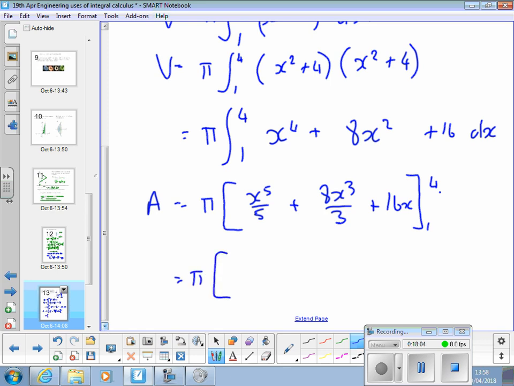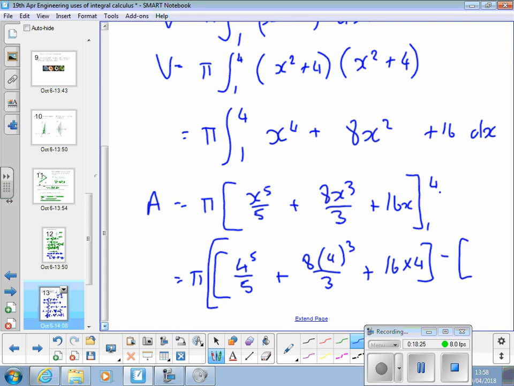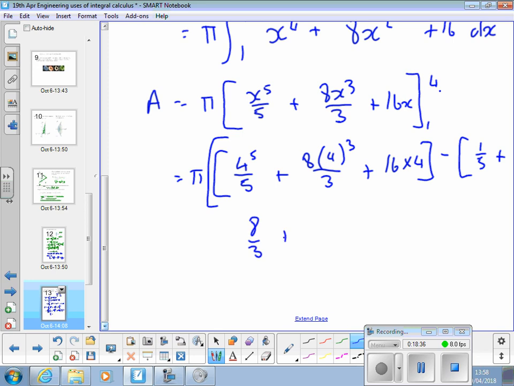So that's pi times 4 to the 5 over 5 plus 8 times 4 to the 3 over 3 plus 16 times 4, minus 1 over 5 plus 8 over 3 plus 16, equals pi times 204.8, which is that bit,